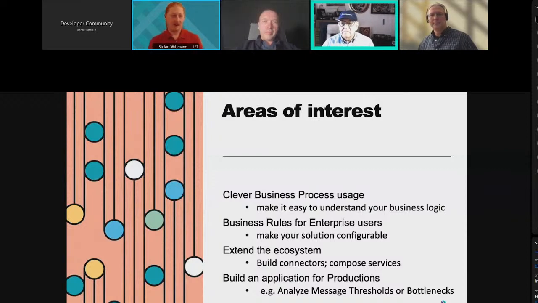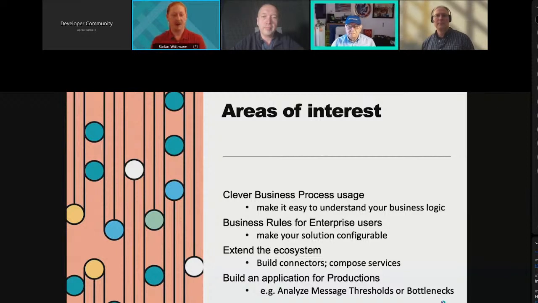Try to make your application in general more configurable. Try to think about users that want to tweak your application, potentially through business rules or through lookup tables. Extending the ecosystems is always of interest to us, to see what you want to do in terms of reaching out to libraries that are available in other ecosystems.